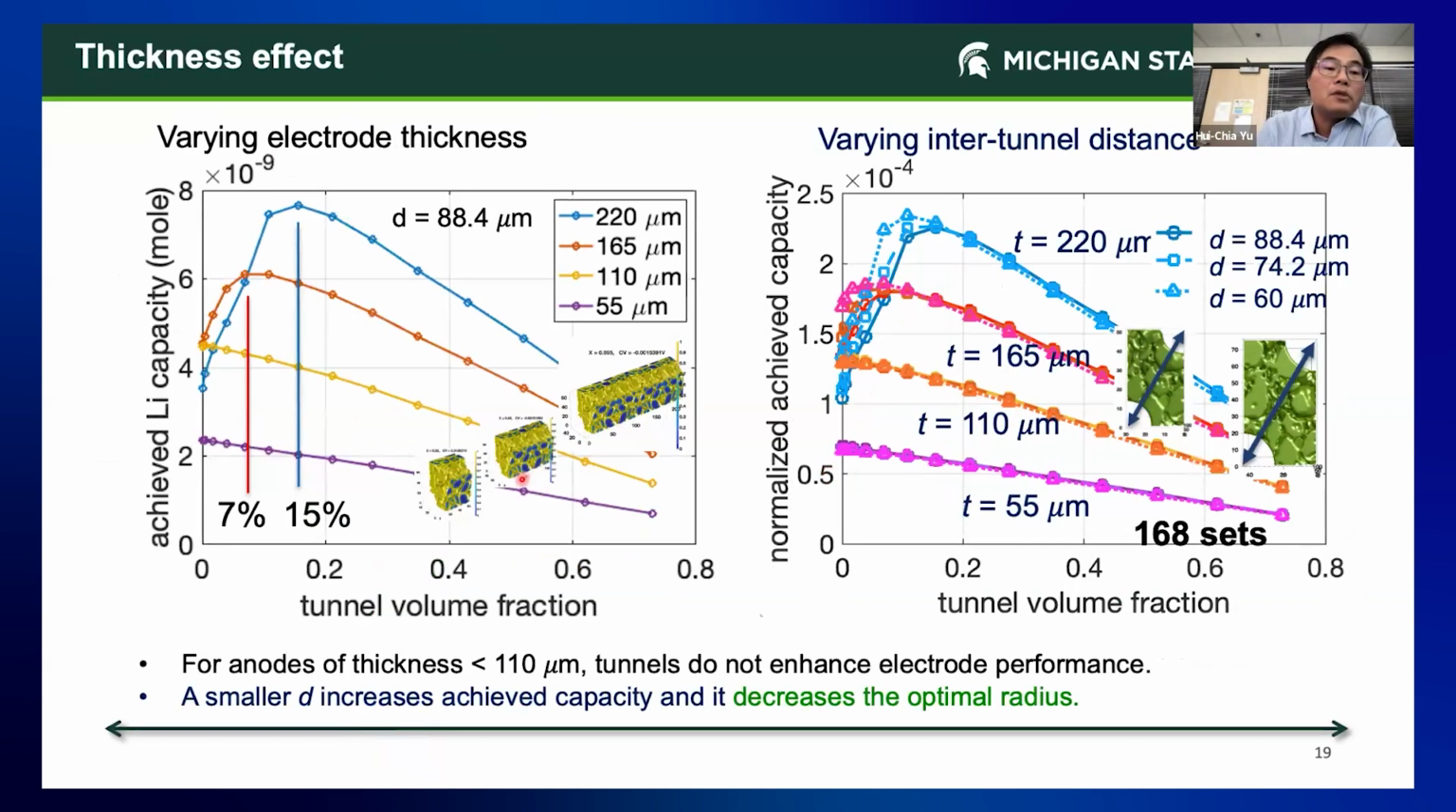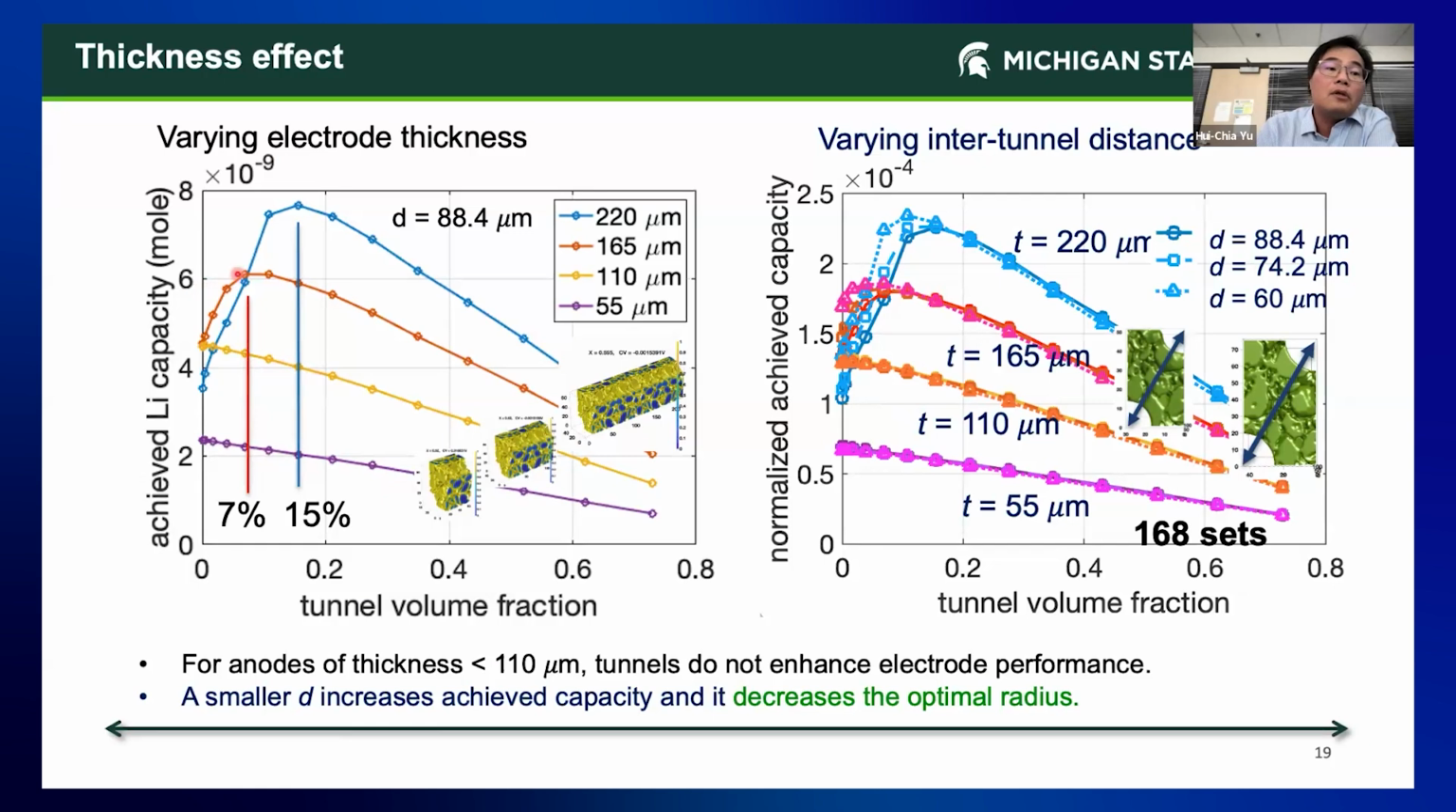And here are just other examples. Then we just change the thickness of the electrode. For the first two, it's 55 micron and 110 micron. And for these two, digging a tunnel doesn't really do any benefit, right? You just monotonically reduce your achievable capacity. That means at this thickness, the natural diffusion itself is good enough to penetrate your entire electrode. But once you go to 165 micron thickness of the graphite, then you start to see